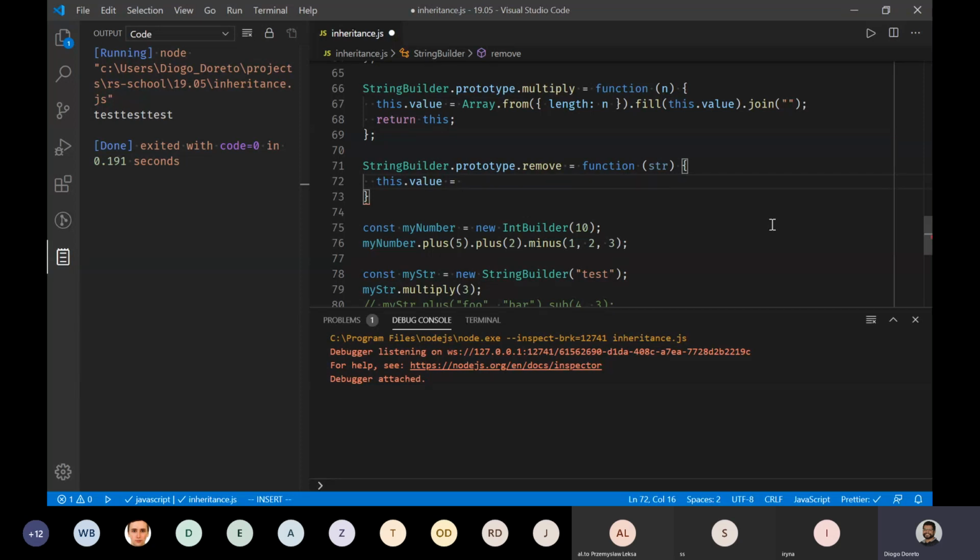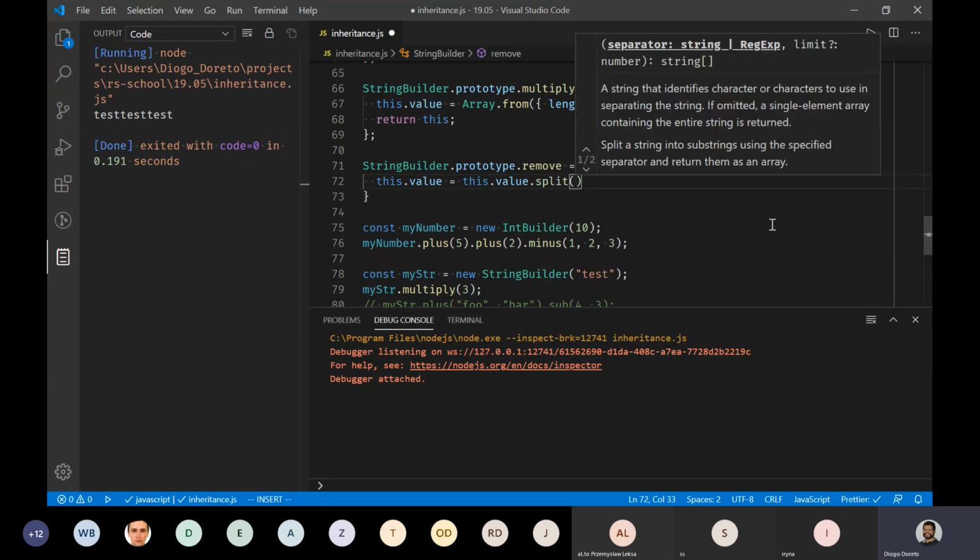So strings have a method called split. So this.value.split, and what split does, it will get a string here, and every time it finds this string in my initial string, it will remove it and create